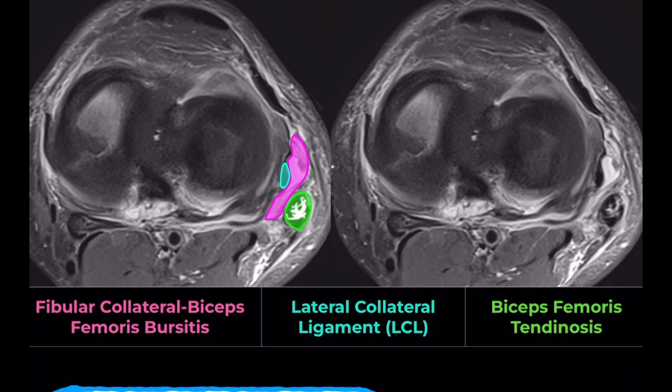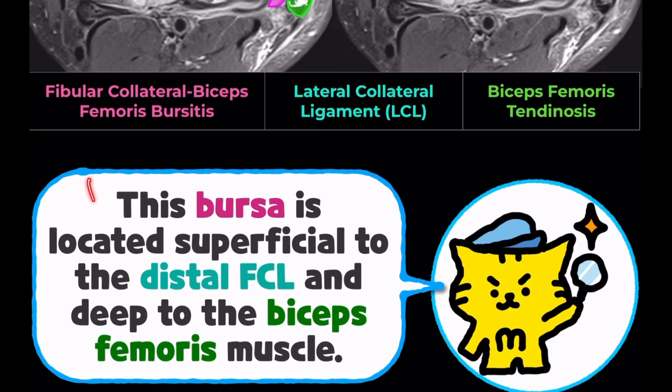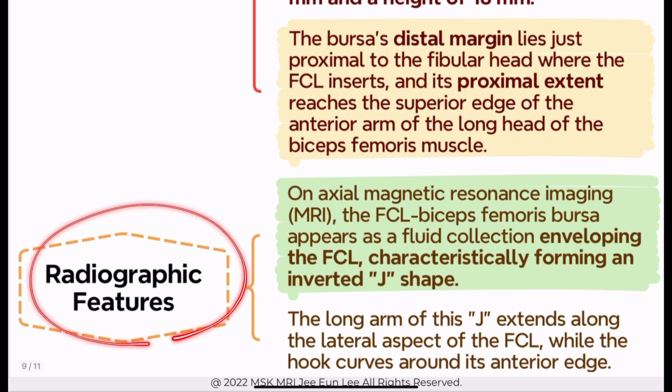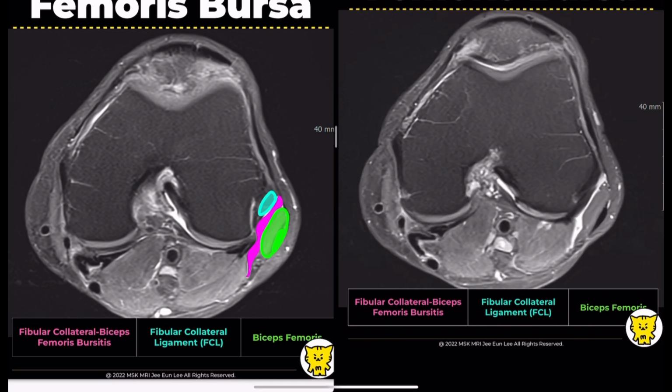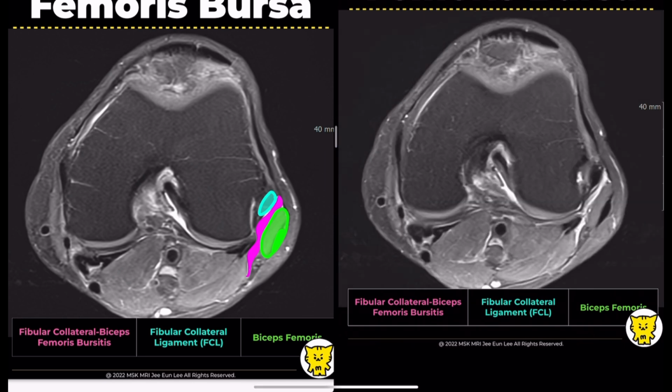On axial MRI, the FCL-Biceps Femoris Bursa appears as a fluid collection enveloping the FCL, typically forming an inverted J shape. Looking at another case briefly, this is a different patient, and the axial image also shows fibular collateral ligament